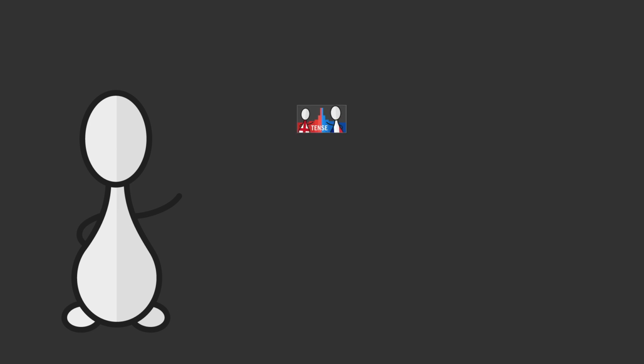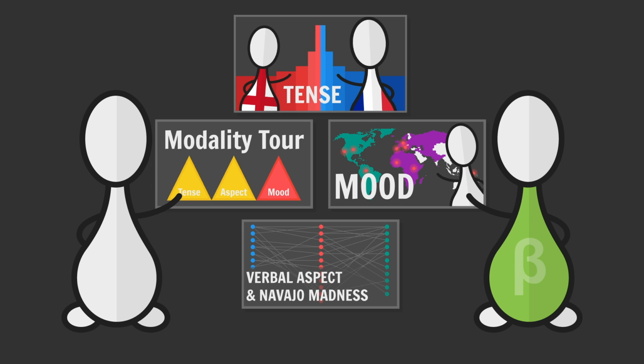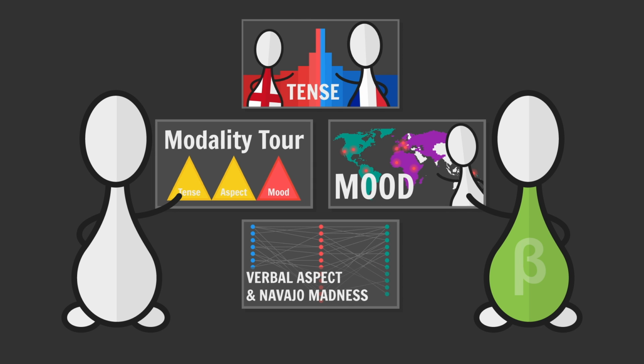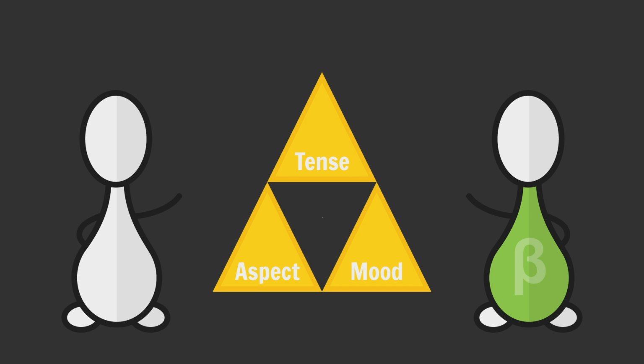Now that we've discussed the various tenses, aspects, and moods found in natural languages, let's talk about how we can go about including these in a conlang. Did somebody say tense, aspect, and mood? Yes, I've brought Biblaridion on board to lend some help. Today, we're going to create a tense, aspect, mood system for my conlang, OA.